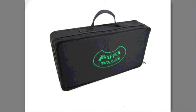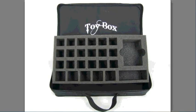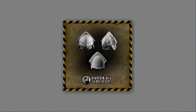Now, Battle Foam has gone ahead and put out a Puppets War Bag for $56.99 to hold the Puppets War game, and this includes the Lucius puppet. Puppets War has released 10 of its Horus-style shoulder pads for €7, as well as what they're calling the Orc